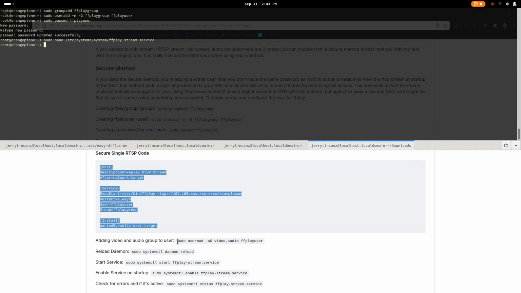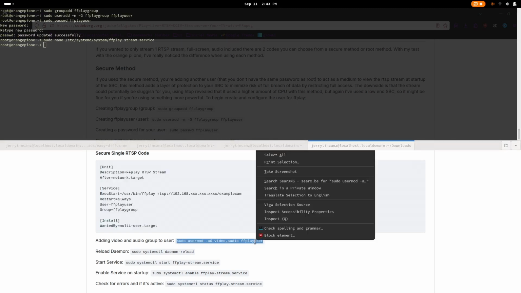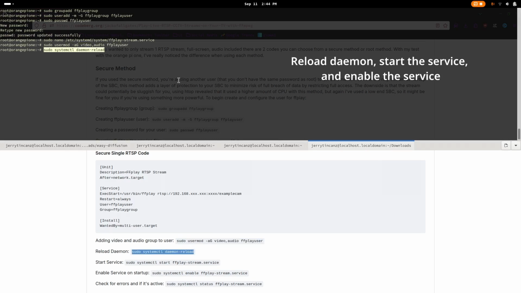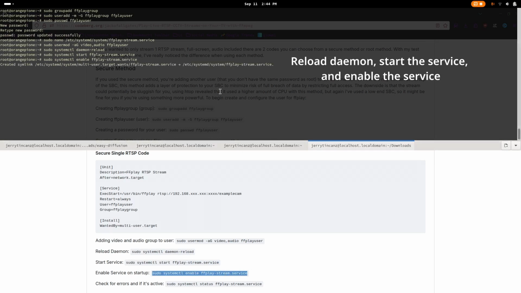Next, we would want to give access to the user on audio and video. Next, we will then reload daemon, start the service, enable the service so that it will start every boot,